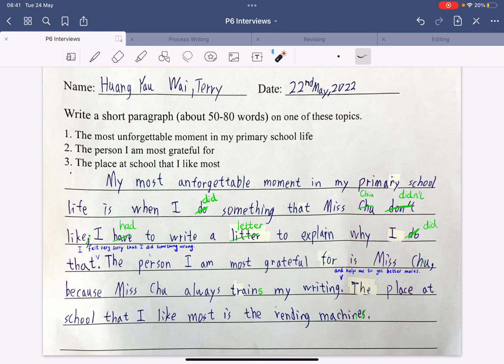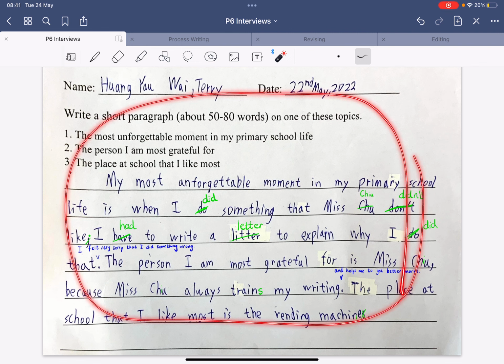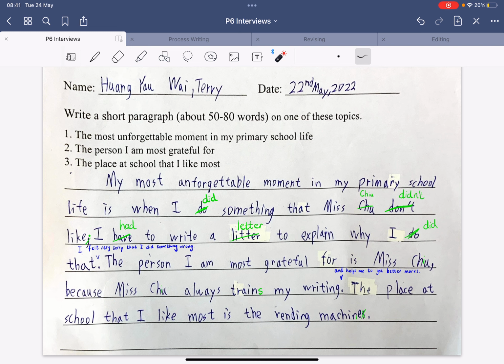Good luck with this. After you've finished this page, Miss Tung will give you a new sheet of paper that is bigger so that you can rewrite your writing, okay? Good luck, and I'll collect your writing in a couple of days. You can have a couple of days to do this. I look forward to reading them.